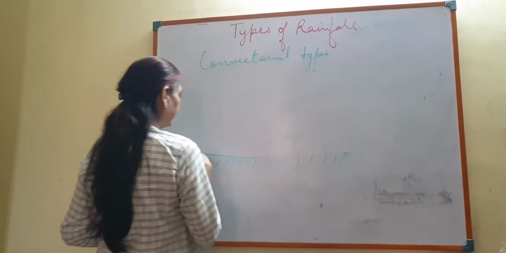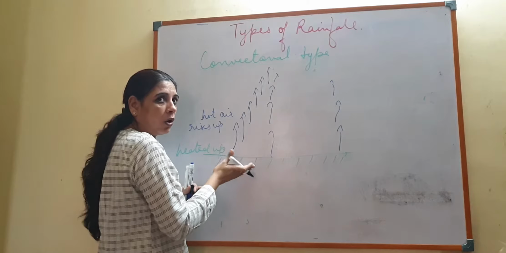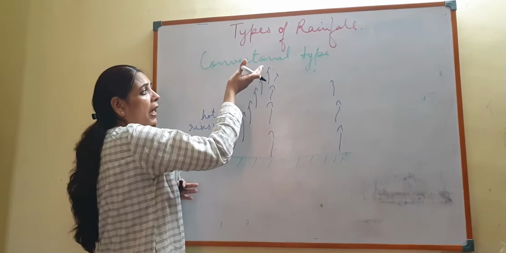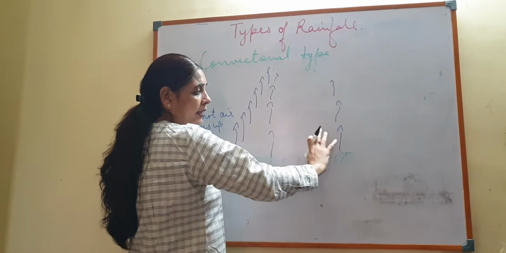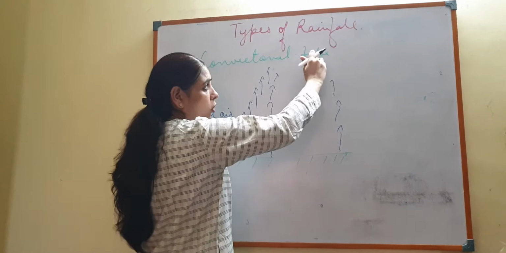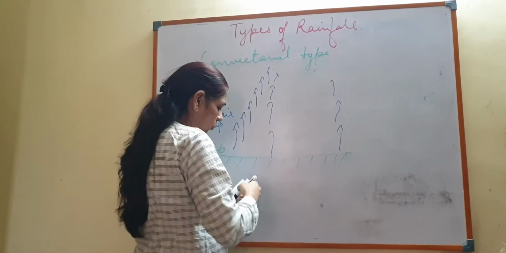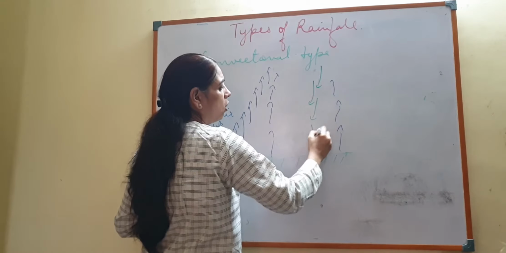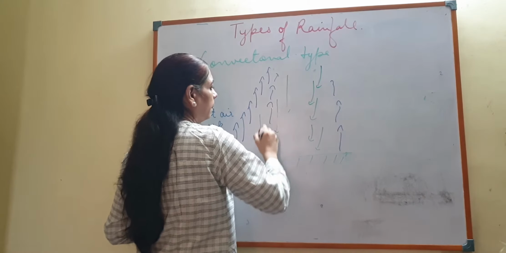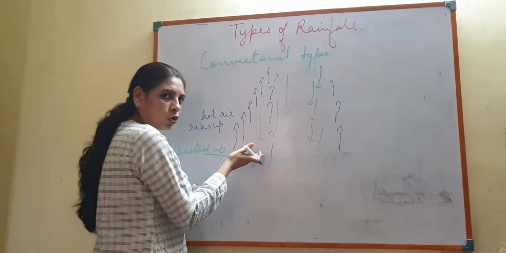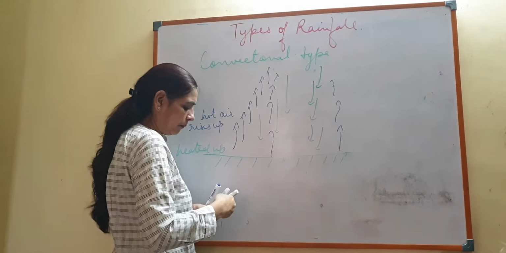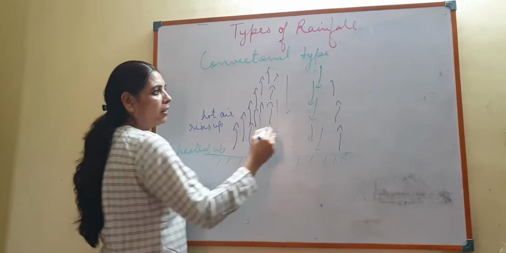The air that touches the ground also gets heated up and the hot air rises up. And the space that is created is occupied by the cold air that sinks down. Okay, so the cold air comes down and occupies the space. And the cold air also becomes hot by touching the hot surface and then it rises up. So a convection